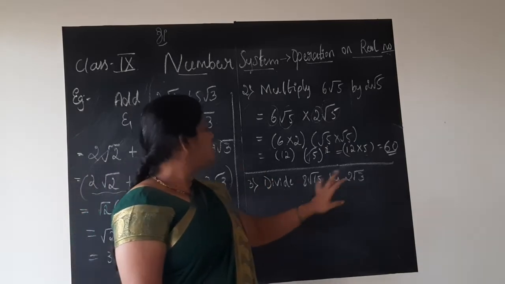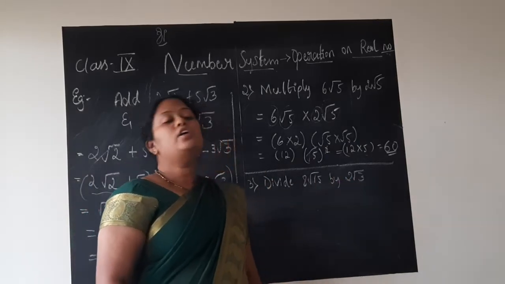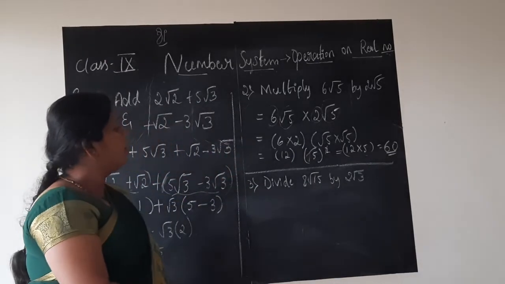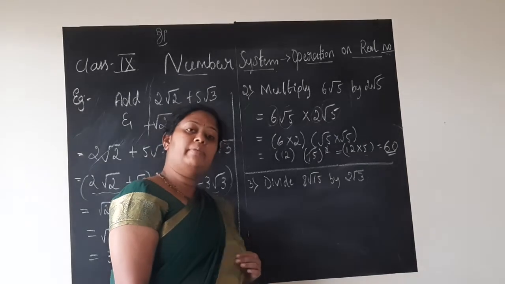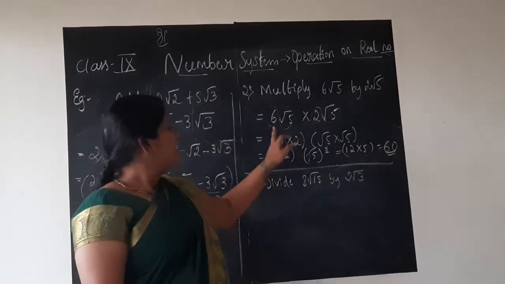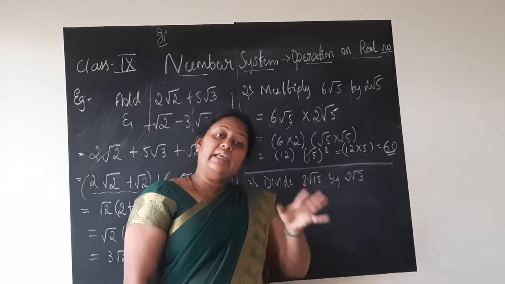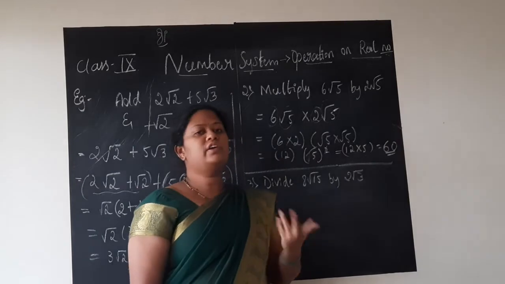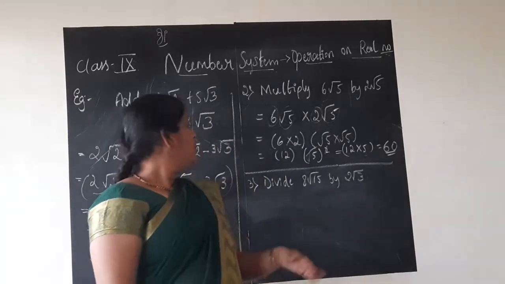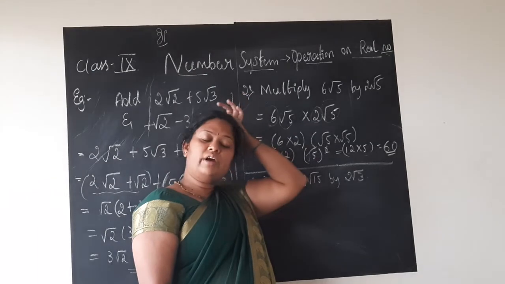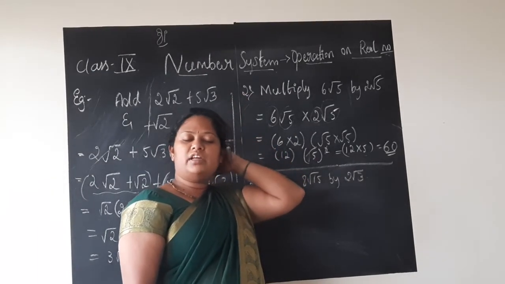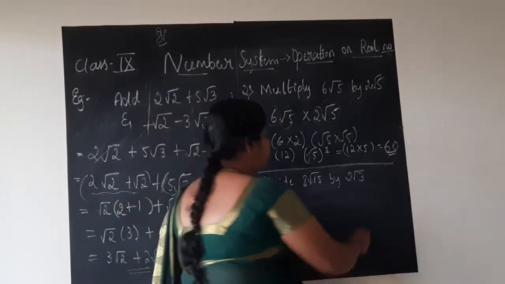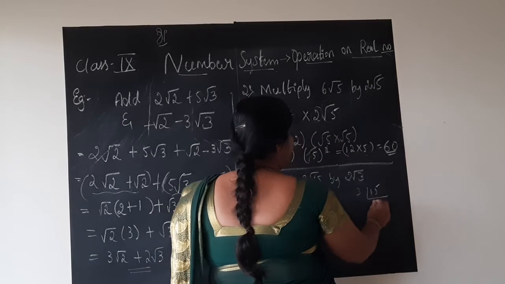Similarly, division we have. Divide 8 root 15 by 2 root 3. Now, just by looking at this children, one more thing you need to keep in mind before solving this type of question. Inside the root, numbers will be there, no? Is it in the simplified form? You need to check. Square root 2, square root 3, square root 5 and all, further you cannot simplify. But if you have big numbers like square root 15, I can write it in the form of multiples. If it is confusing, see, 3 5s are 15.